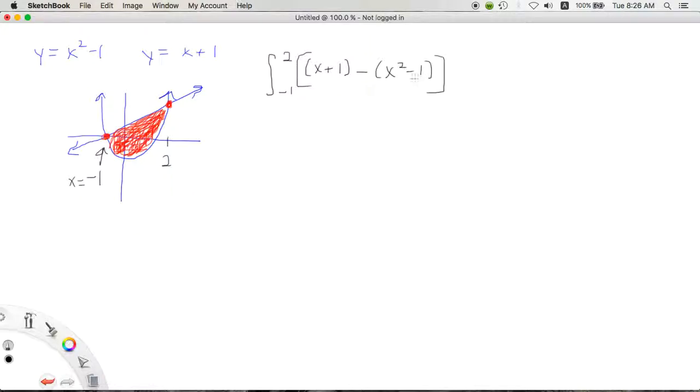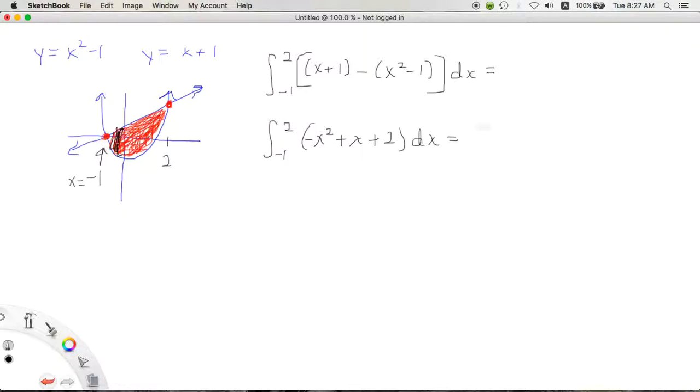And then, of course, that's with respect to x, because what we're doing is we're imagining these little slivers of rectangles here, and the width of our rectangles is delta x, so it's our dx. So we go ahead and simplify this a little bit. -1 to 2, we have -x squared, and then plus x, and then we have plus 1, and then plus another 1, so we have plus 2